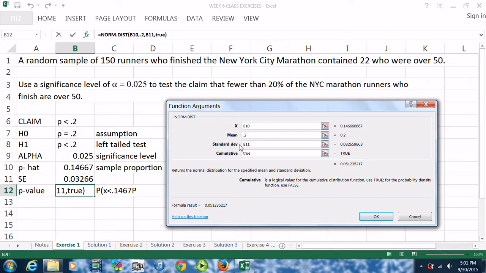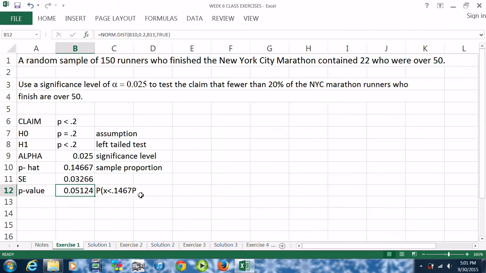The standard deviation of the sampling distribution is the standard error we computed. Cumulative is true, and we get this probability here. Let me correct this typo. So the probability that any random sample proportion is less than 0.1467 is